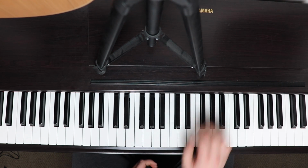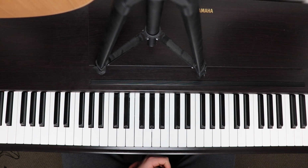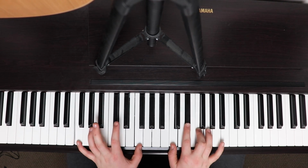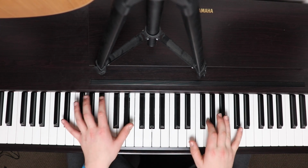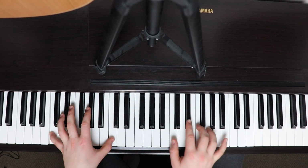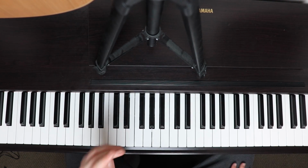So the next bit is pretty easy. This bit here is actually, we've already learned that. That was in my very first tutorial, that bit for the intro. I can't remember where it is. I think it goes... it's there. So I'm not going to go properly into detail there, but I will basically quickly go over the